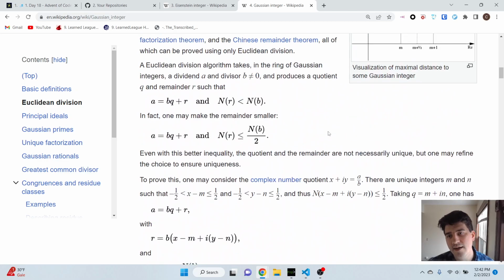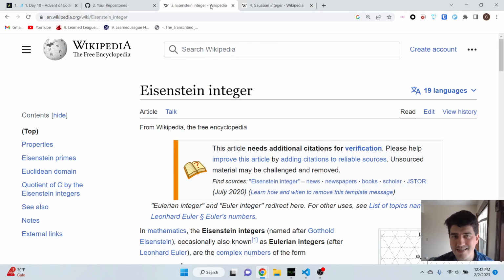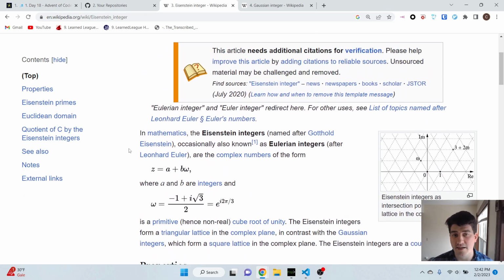Gaussian integers, already cool. But we're pretty good at working with grids. It's very simple to use real numbers or a vector field to do that, x and y, Cartesian coordinates, all that. So the Gaussian integers are cool, but they don't really give you a new set of tools to do geometry in the way that the complex numbers give you a new set of tools for circles and triangles. The Eisenstein integers, on the other hand, I think, do.